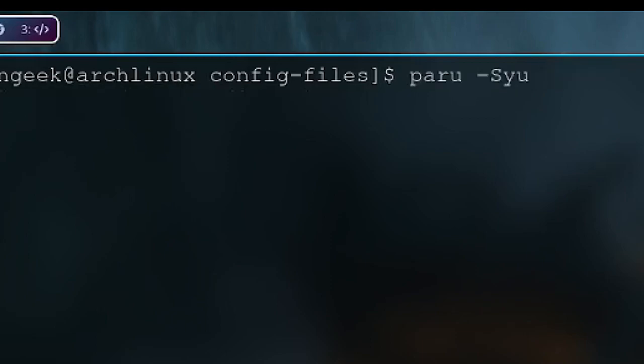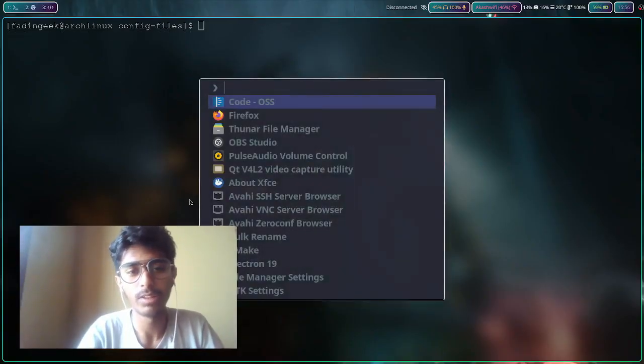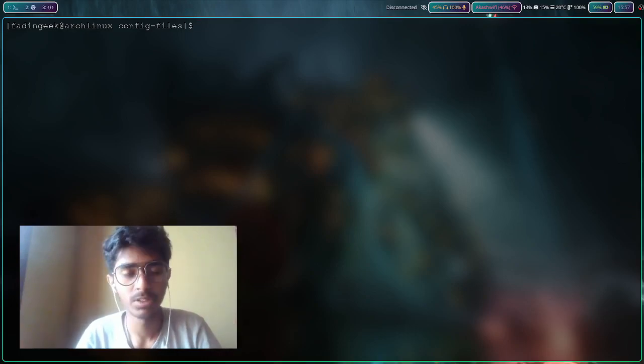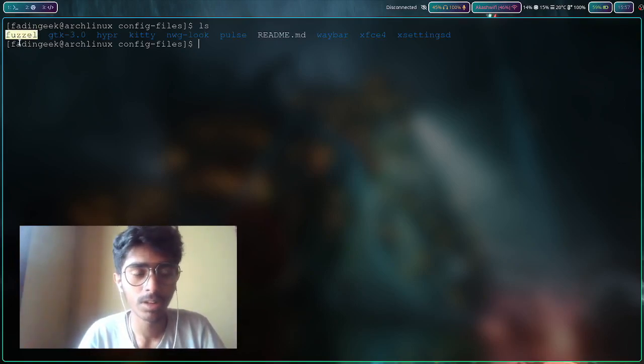In my case, I just went ahead and used Fuzzel, which also exists in the AUR, and it looks good. That's the reason. Of course, by default it's not going to look good. If you want to make it look good, it's as simple as going to my config files, copying this folder and then pasting it